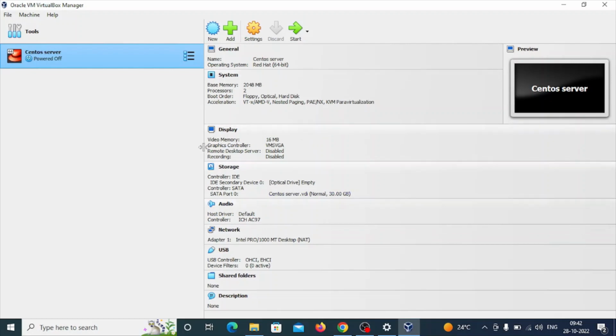So this is how you can create a new virtual machine inside the Oracle VirtualBox Manager. And once you have the ISO file, how we are going to install the OS, that we will see in the next class,